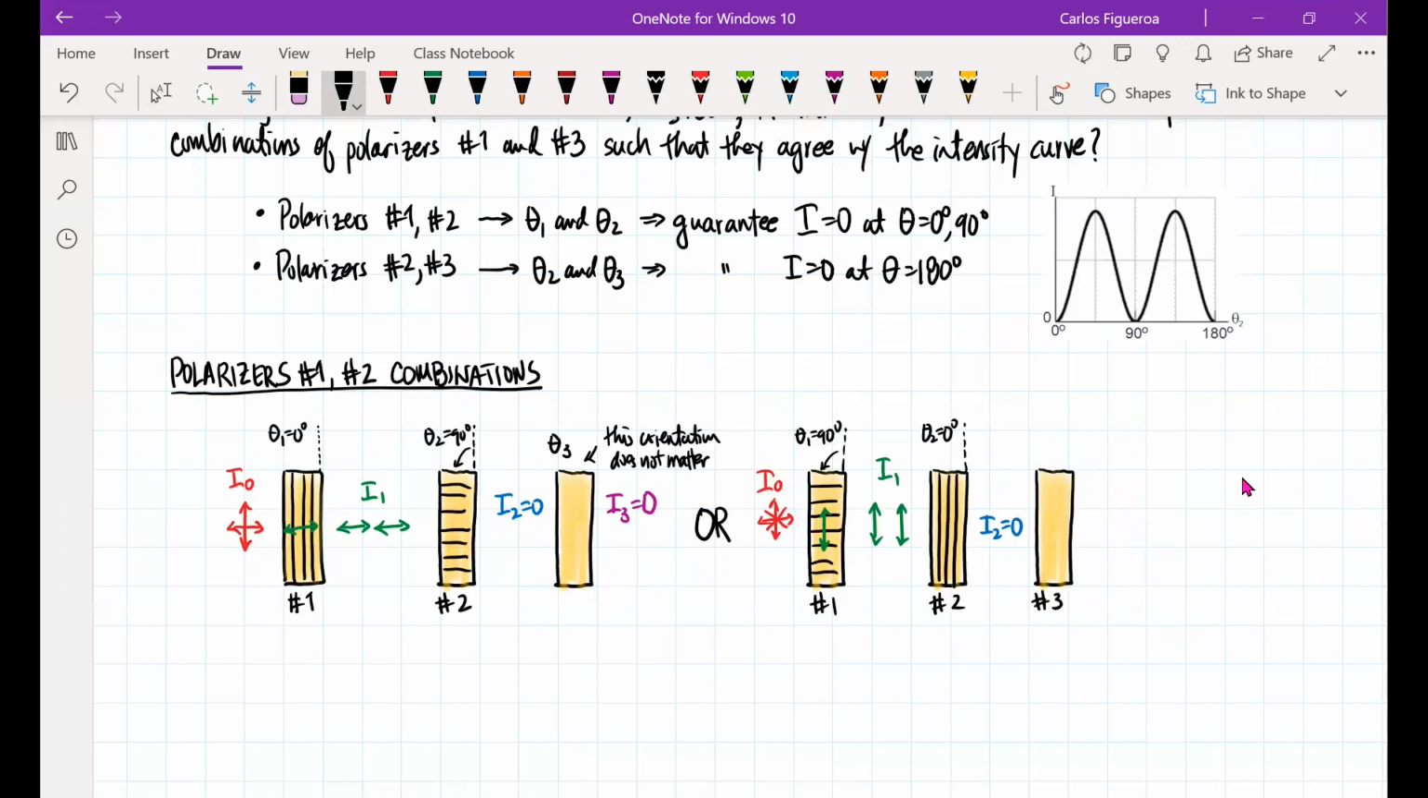So once again, theta 3, its orientation doesn't matter, because regardless, I'm always going to get intensity of 0. So what you're seeing here is that the combination between theta 1 and theta 2, so the combination